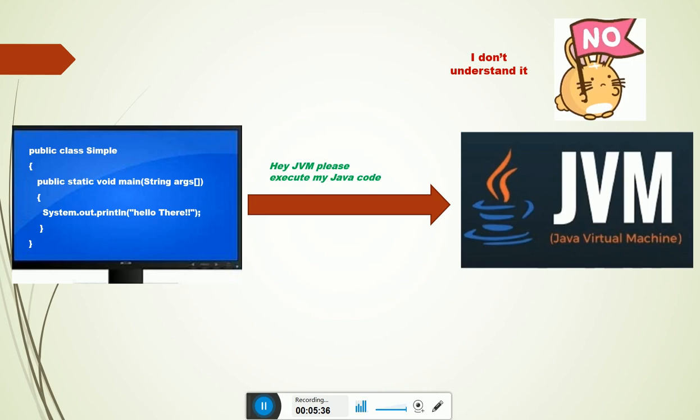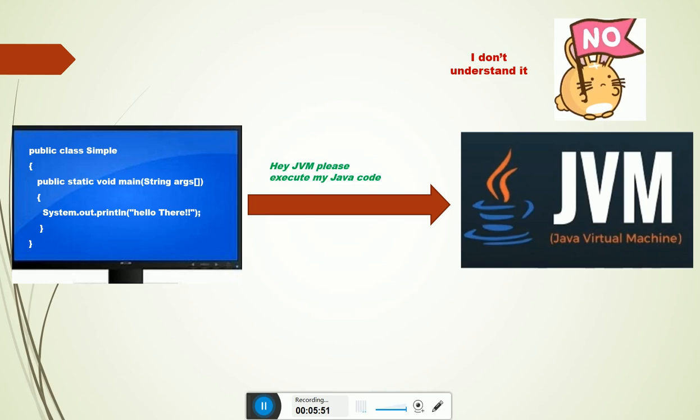Now, the final question comes up. How do we get the machine code out of the simple Java source code that we have created?